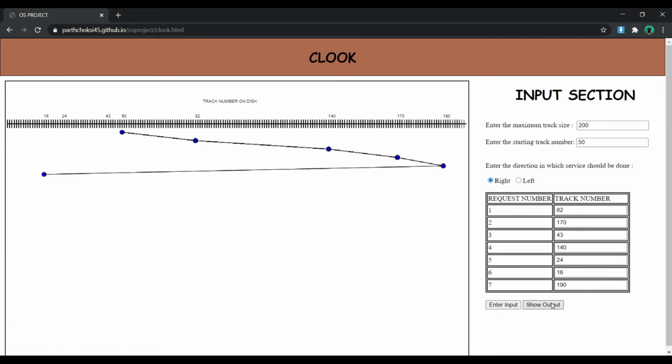As I mentioned, it went through the largest request and then came directly to the lowest request, and then moved in increasing order till the head position. As you can see here, 50 is the head, and this is the last request before the head position. Okay, and we have found out the total seek time is 341.